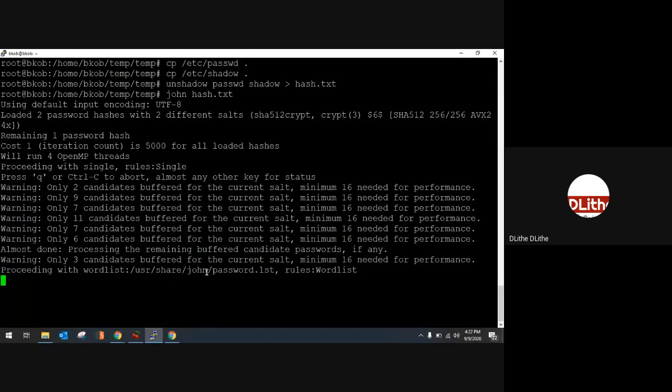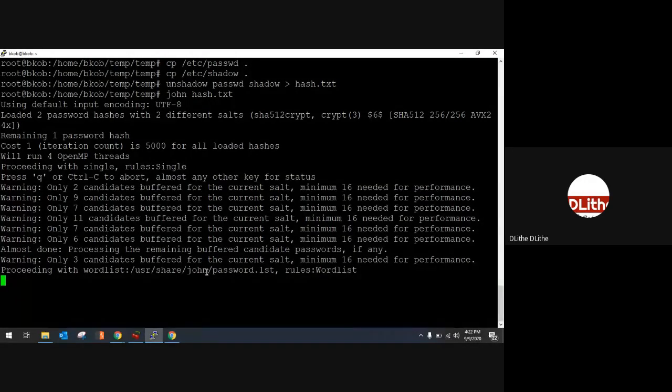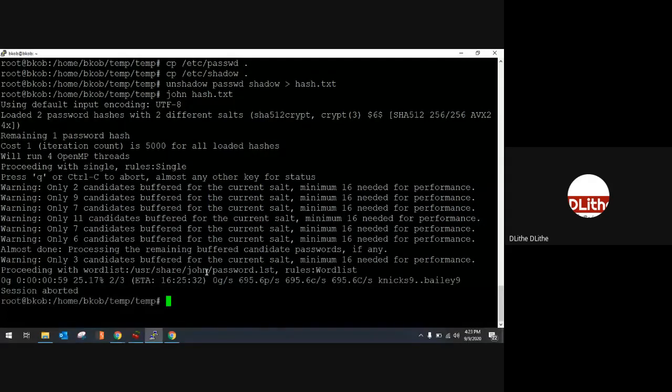Now to prevent that, the only way is to build your own word list. This is the reason why people tend to say use a password which is at least 8 characters long, inclusive of uppercase, lowercase, a special symbol and a number. Why? Because the harder your password is, the harder it is to crack. So in such cases, what to do? If your victim is using a complicated password, the only way you can crack it is to generate your own custom password list.